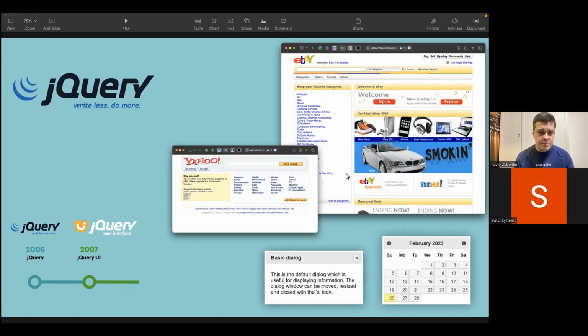jQuery became a super popular library, but it's not a framework in the meaning that we have right now. It was a library. It had just a group of needed functions that cover some manipulation of DOM elements, making some asynchronous requests, and grabbing some data and putting it in some variant of HTML on the page.